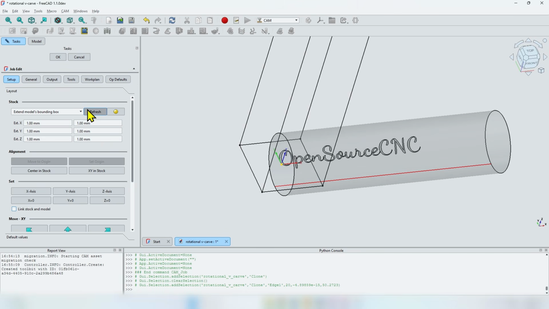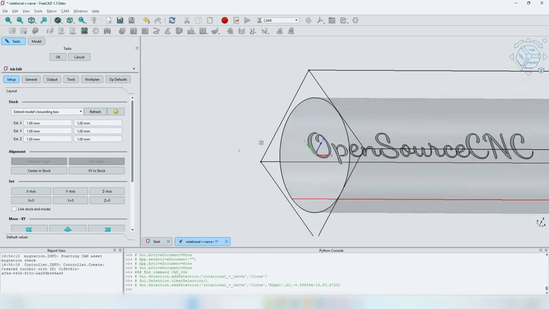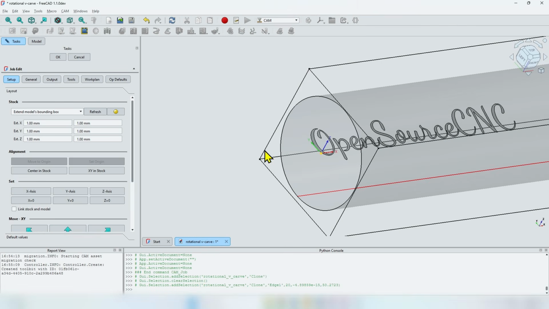Let's click on the refresh button for the stock. And now let's set the origin. In many of my videos, you've seen me setting the origin by selecting one of the corners, but since this is a rotational job, I will have to set the origin in the center of this face where I don't have any vertex. Well, it doesn't matter because FreeCAD offers us a very convenient solution. I can select the face, click on the set origin button, and it will set the origin in the center